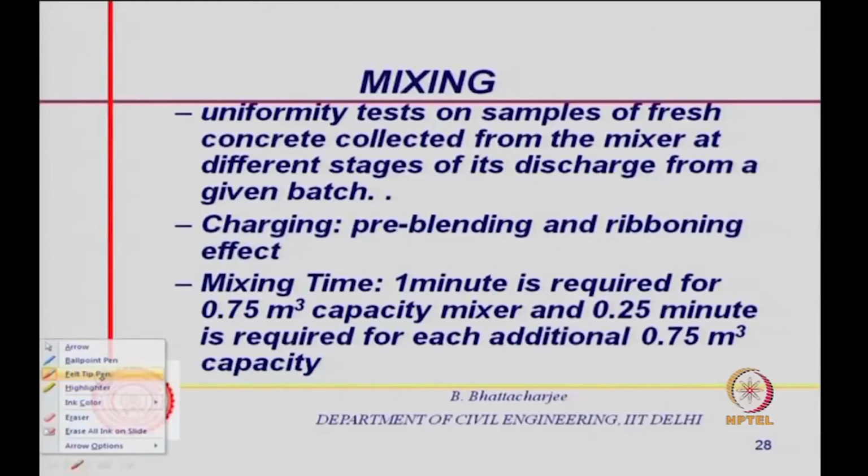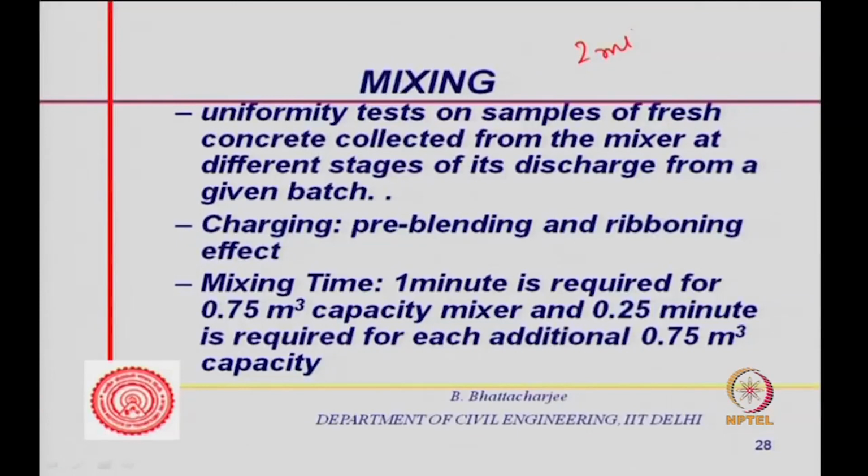So, let us say it takes about 2 minutes to discharge. I can take from the first 15% of the 2-minute uniform discharge, let us say. So, I have got actually 120 seconds, 2 minutes means 120 seconds, and 15% of that will be 18 seconds. So, I can take from the first 18 seconds some concrete and cast samples out of it,